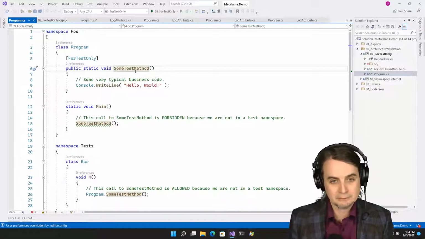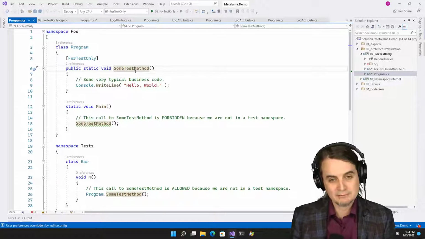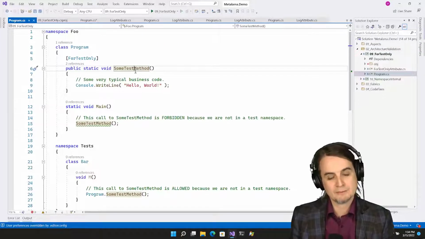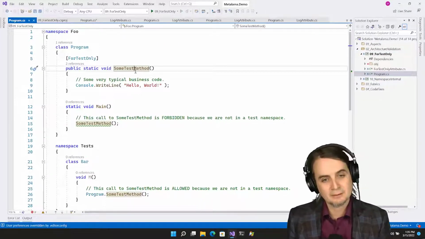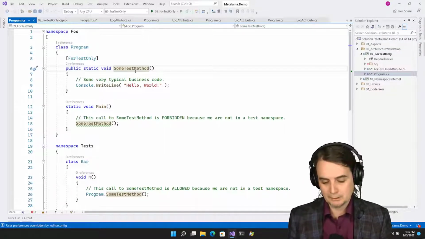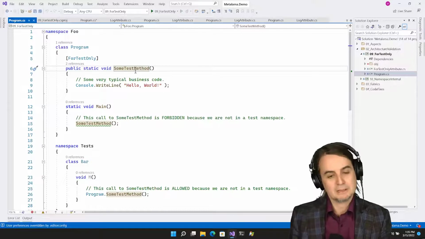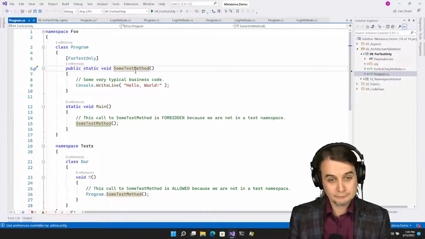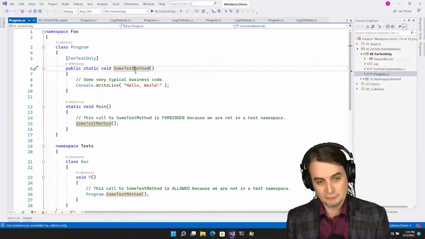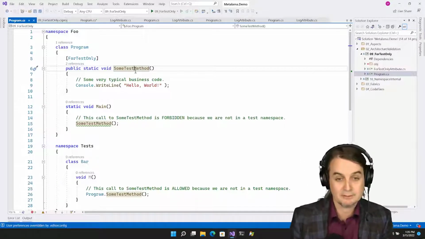You probably know that you have a nice class and a nice API, but there are a few methods that should be used only for unit testing. They are not designed to be used by production code. And normally the way that you enforce that, well, you don't enforce, you actually write a comment, please do not use that, it's only for testing.